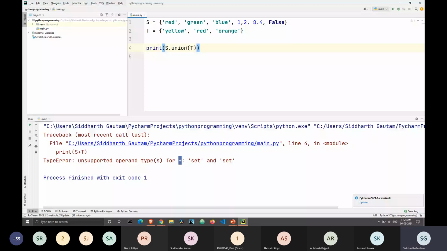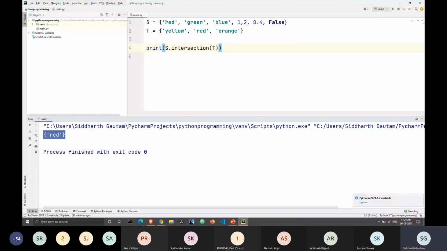That's because red is the only element that's in both the sets S and T. Now if I add another element, let's say the integer 2, I should get red and 2 both as my output. When I print this, you can see that's what we get: 2 and red.